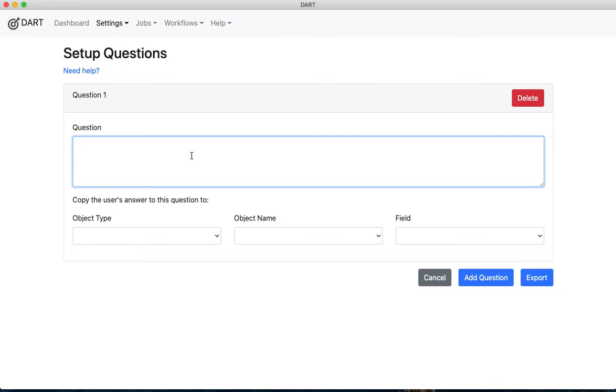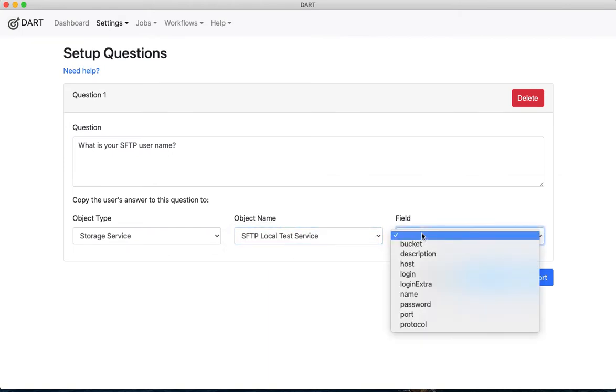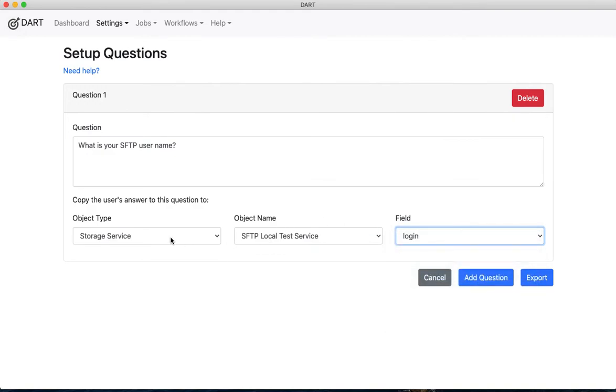So the import settings export includes questions like this. You can type in, what is your SFTP username, and whatever the person importing your data answers in response to that question will go into the login field of the SFTP local test service record.